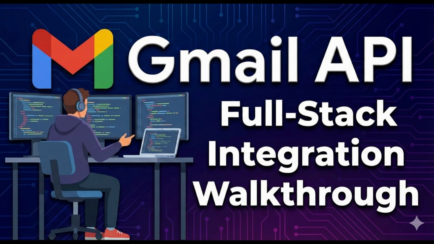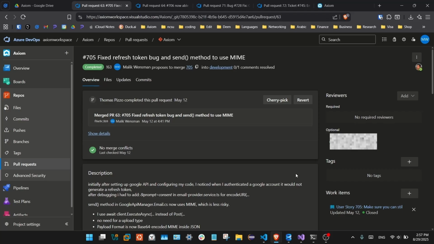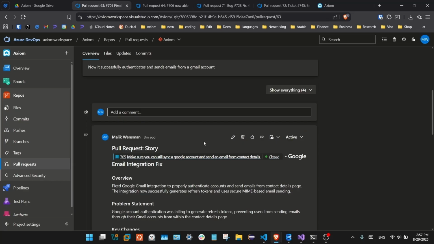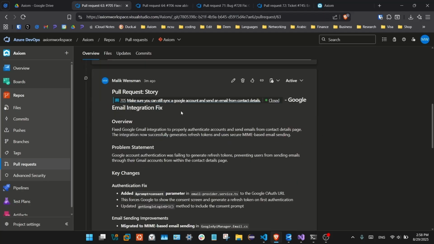All right, so we're gonna go through my Gmail API integration for Axiom Workspace. Let's see here. I started the Gmail integration around 3 months ago, and I've been working on that slowly with also other projects. Let's start with one of the first stories I was tasked with, which was to